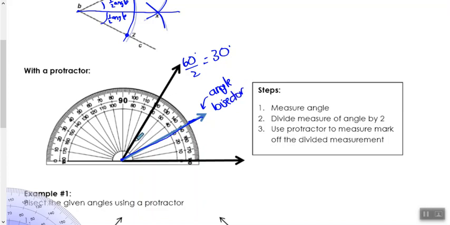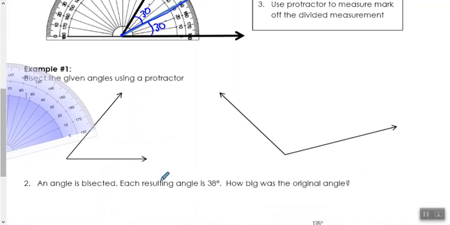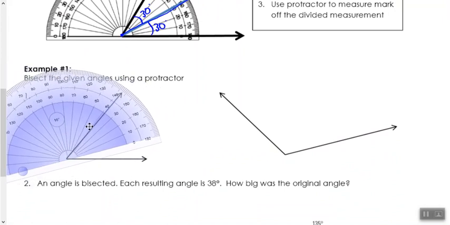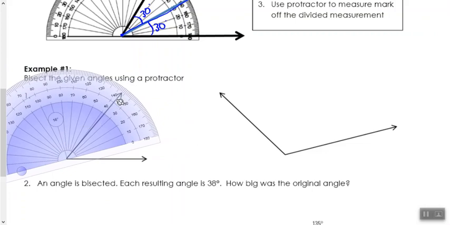Okay, then you could use your protractor to double check, make sure that this is 30 degrees and this is 30 degrees, cutting that 60-degree angle in half. Okay, so example 1, bisect the given angles using a protractor. So first off, take our protractor and make sure it is lined up